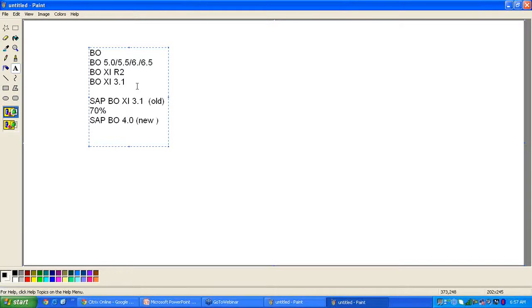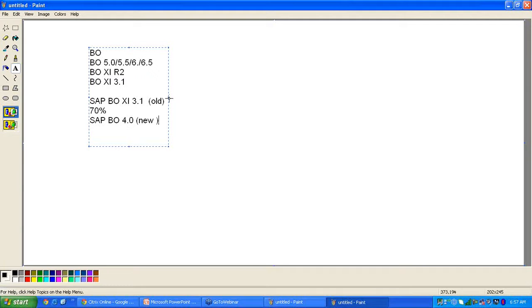But migrating the older version XI R2 to 3.1, there is not a lot of work, very little. But if you migrate 3.1 to 4.0, you need to do a lot of activity.